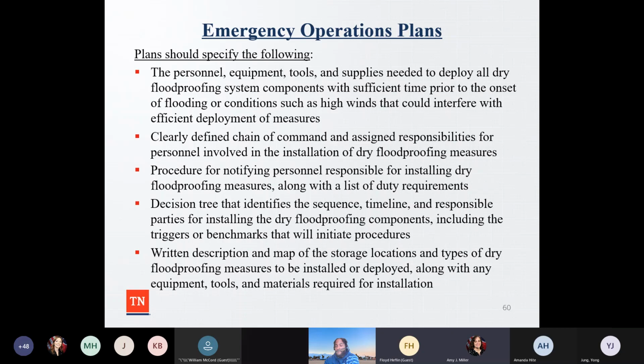There should be a notebook or instructions on how to install these measures, a map. Just like I was talking about earlier, Cheyenne has to install 4 different gates, or floodgates for the doors. Does she understand? If it's a large building, does she understand the location of where these measures are stored, the